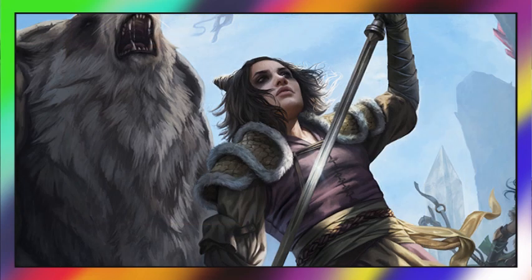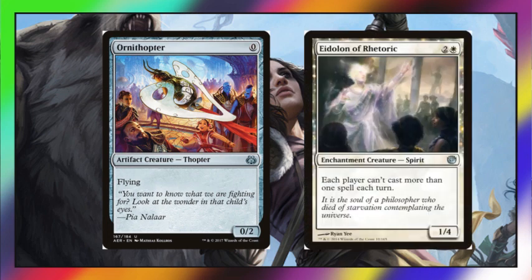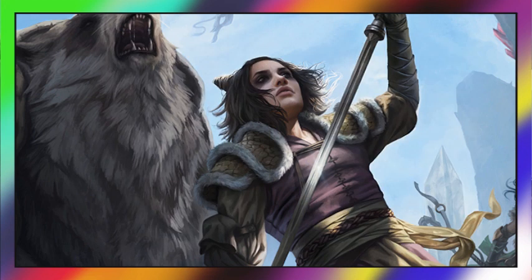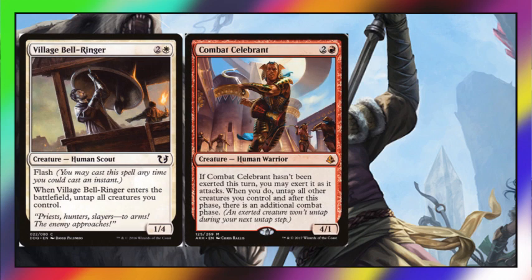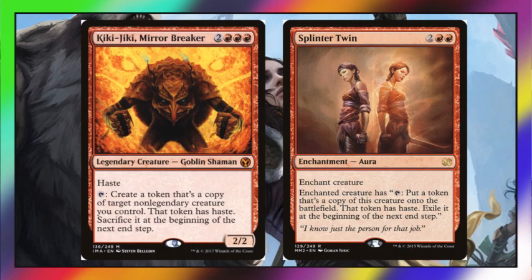So the strategy of the deck is to land an early non-Human creature, one with evasion, or maybe one that has an onboard stax effect. We then attack with these creatures, triggering Winota and flipping over our A+B combos, like Village Bellringer, Combat Celebrant, and Zealous Conscripts. Now these creatures are very important because they combo with Splinter Twin and Kiki-Jiki to make infinite